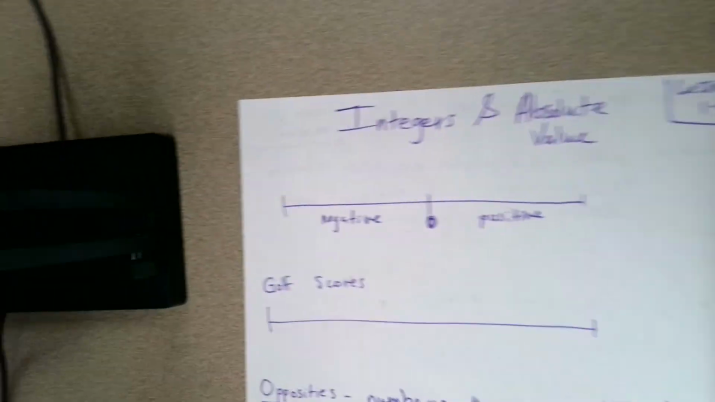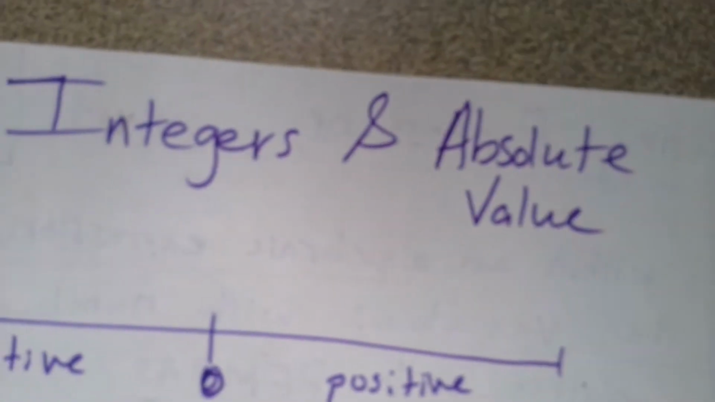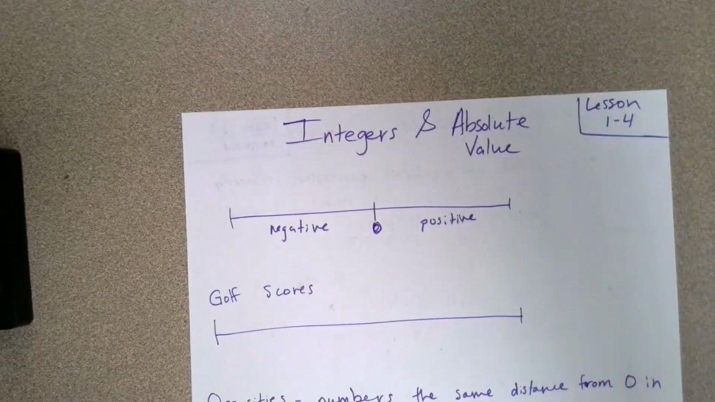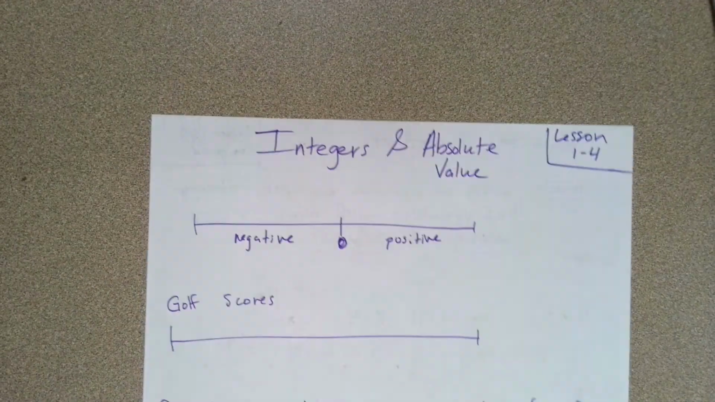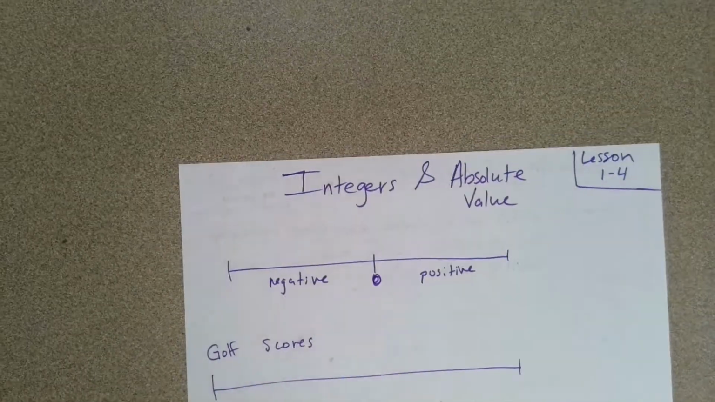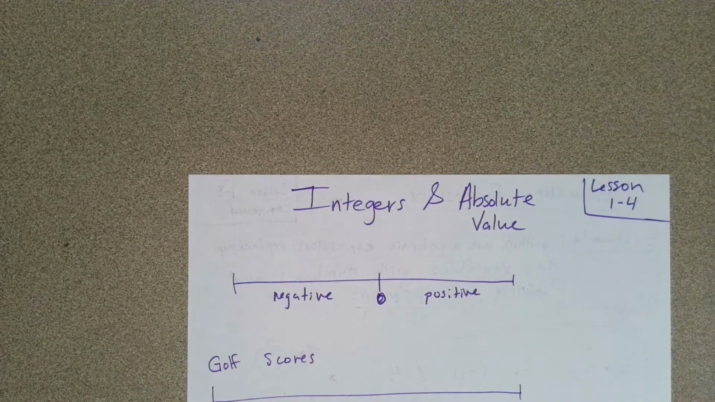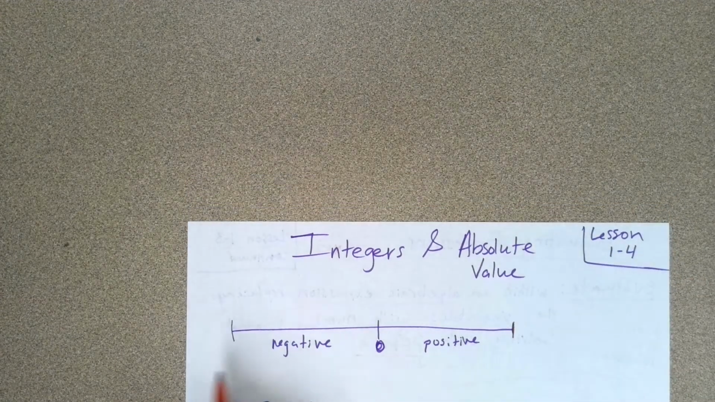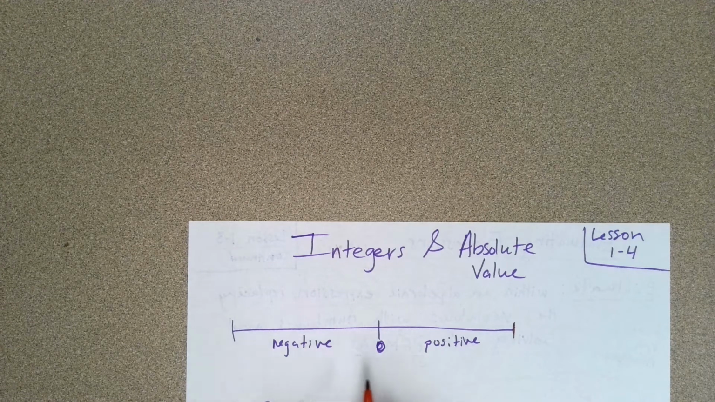Today we're talking about the exciting topic of integers and absolute values. Lesson 1.4. We're going to jump right into it. Here's a little warm-up for us. I know you all know this. You've learned about negative and positive numbers before, but what we have right here is our number line